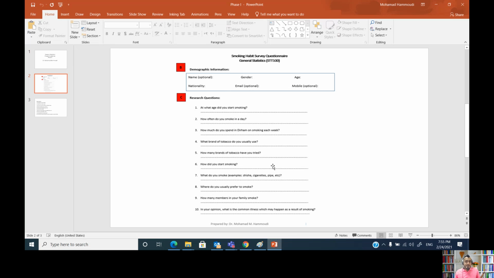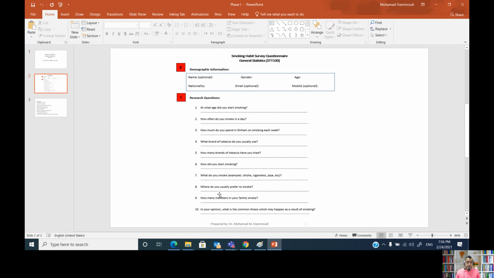I'm asking about equality. And here, respondents are expected to respond by giving a reason, friend, pressure, and so on. So this is a qualitative variable. The seventh question, what do you smoke? And these are some examples. You can give examples, but it's recommended to leave it open so you collect ungrouped data. And again, this question is asked on a qualitative variable because respondents are expected to respond by giving us a quality